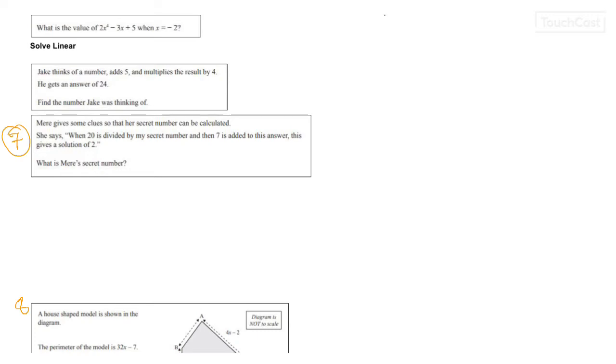Question number 7 is still one of the easier areas of MCAT. Well, Mary gives some clues so that her secret number can be calculated, and she says, that's how the story goes, when 20